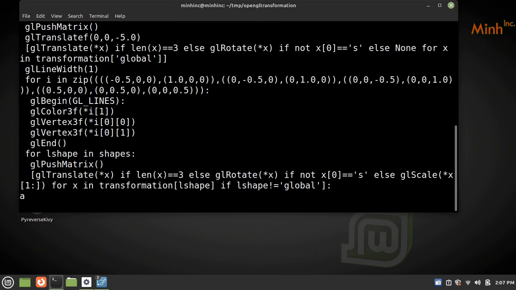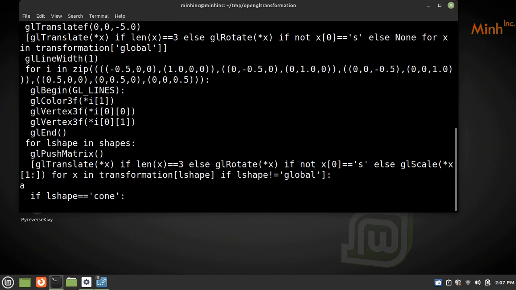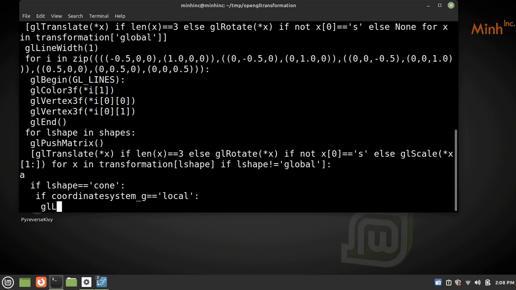Okay, so we'd proceed now. If L shape equal to cone, if coordinate system G equal to local, so first we'll show the local GL line width. So we'll do the same thing what we did. We'll draw the coordinate system again for the local. So if it is local, then GL, I think we can copy paste,